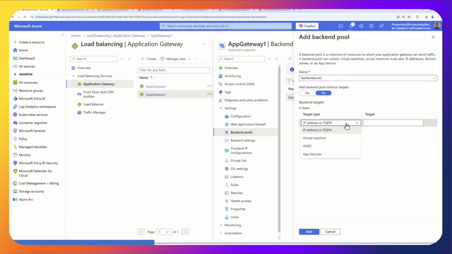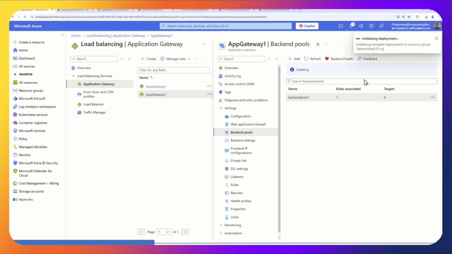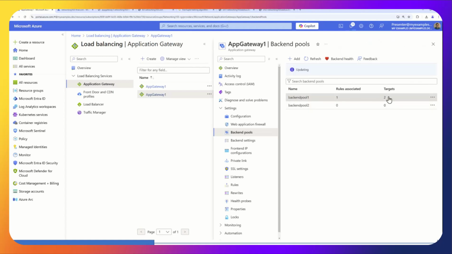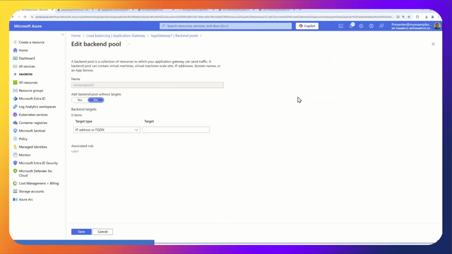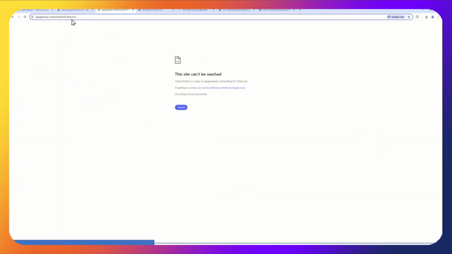I wonder if I chose the wrong one. Not good. What happened? I didn't see any targets here. I would assume I would have, yeah, see how that didn't have any, oh, you know what, it was still creating it. I think I just went to it too soon. It's probably working now.